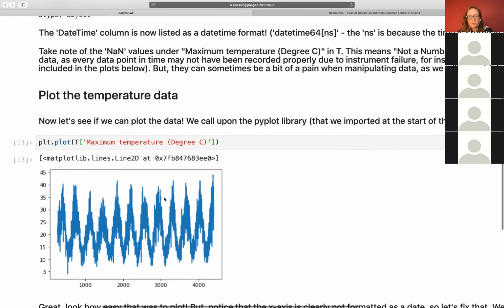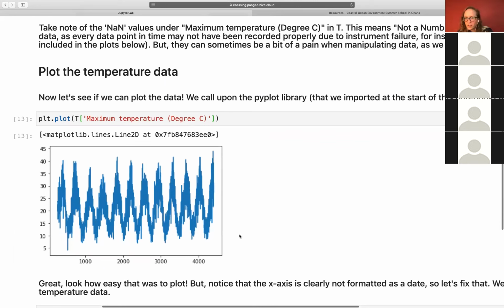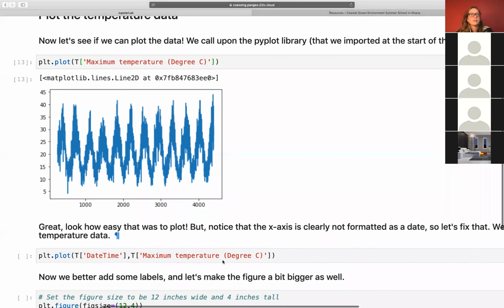So on to your question. Yes, you had a good question here about what this x-axis is. It's just these numbers. It's really not interesting at all. It's just the index. At the beginning, I said we had 4,400 and something rows. This is just the number of the row, which is not anything physical. So it's not useful for us. So in the next one,